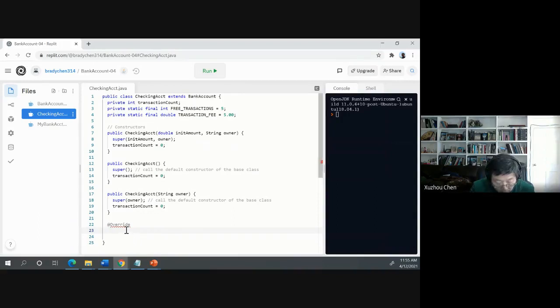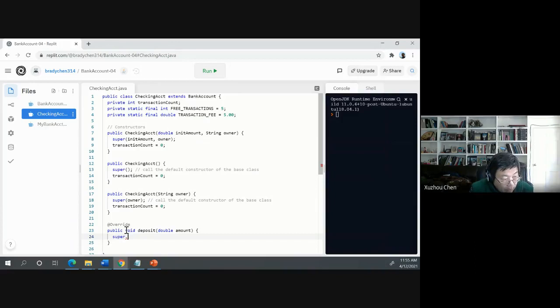So in the override, I just define my public void deposit, double amount, right? So in the override, I still gonna perform the deposit in the superclass. Okay, so I still gonna use this super dot,